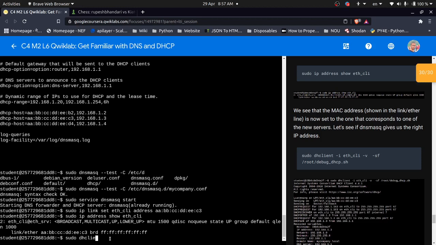So dhclient is requesting it. So dhclient is the command that we'll be using for requesting it. Underscore CLI, -d verbose, so debug as well, and then root /debug underscore DHCP.sh,